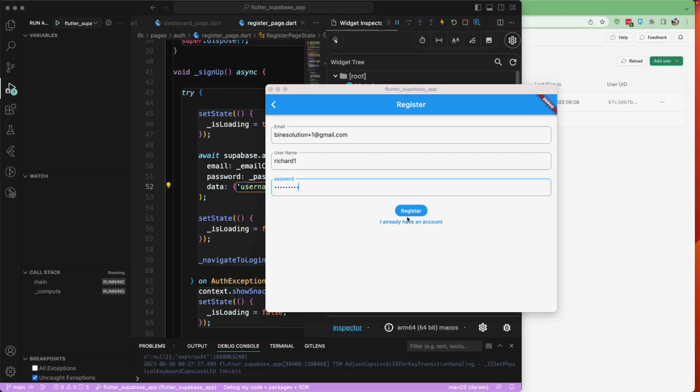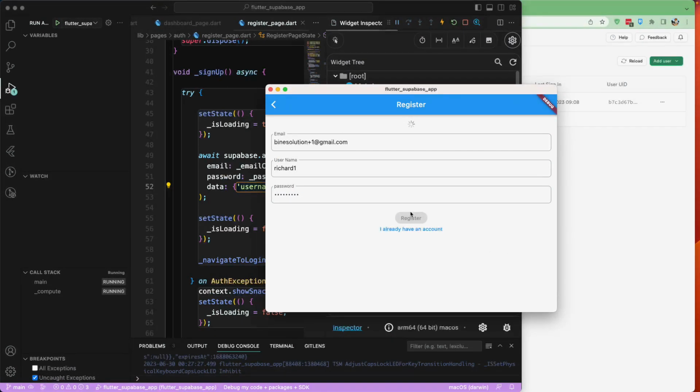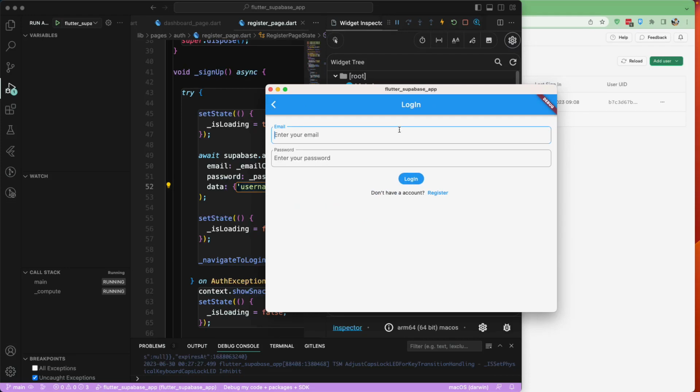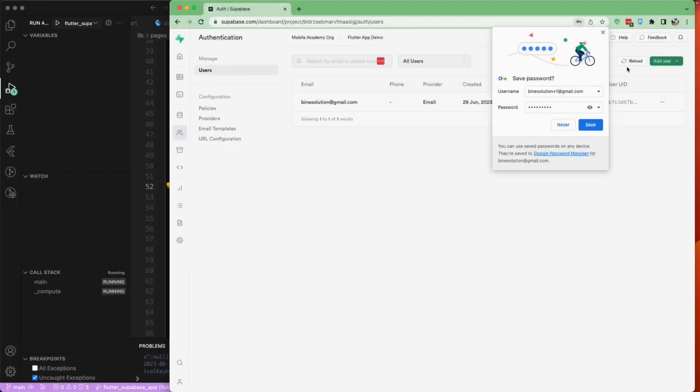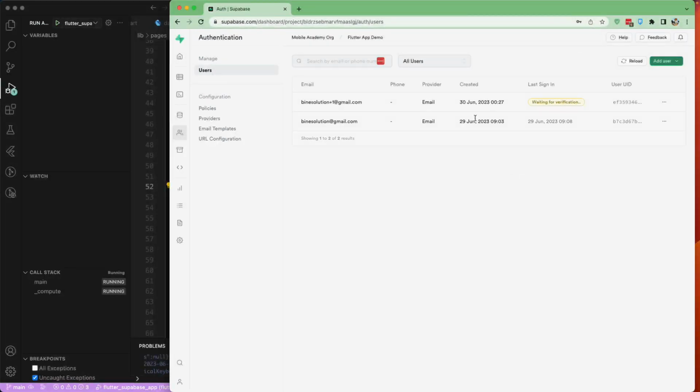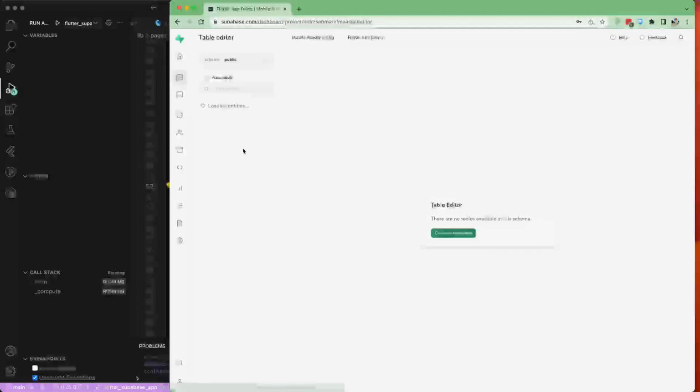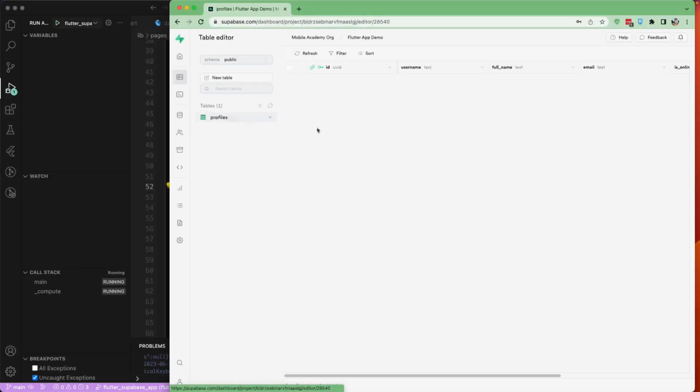And let us try to register a new user from here. And I guess that should be the one. So it was able to generate, and let's try to go and reload it from here. And now we are getting a new user. And if you go back to our table over here, and in the profiles, we should get that one over here. So now you can see it has automatically inserted that particular row for us,